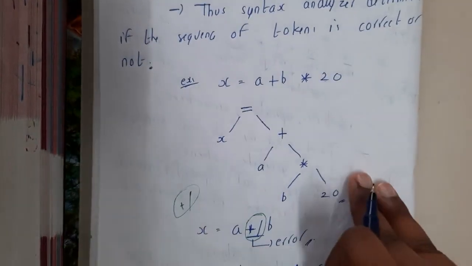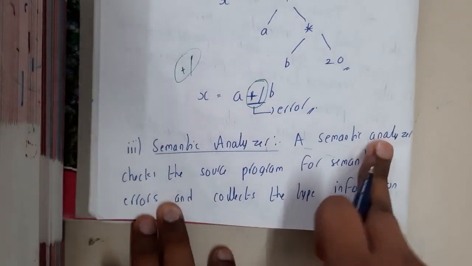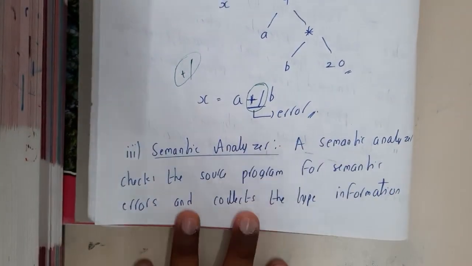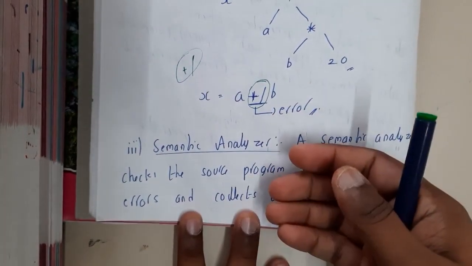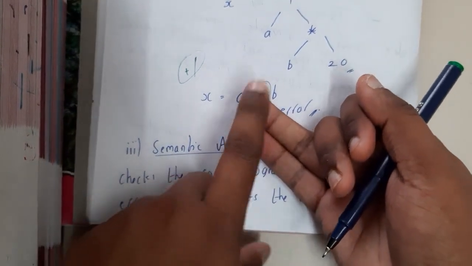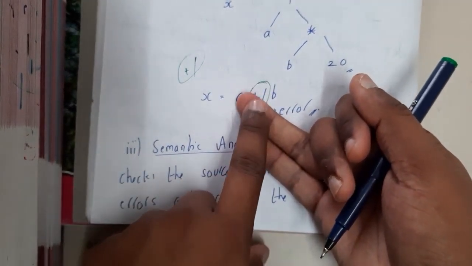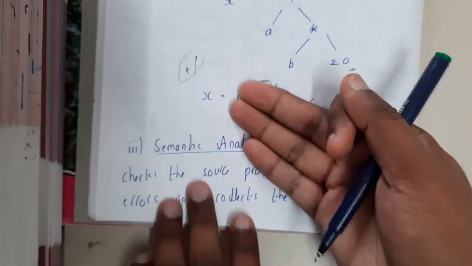Similarly, the next phase is nothing but the semantic analyzer, guys. In simple words, here it will be checking the meaning of the statements. First we divided them into lexemes, then we understood whether their syntax is proper or not. Now we are checking the meaning. So these are the first three analysis phases, guys.